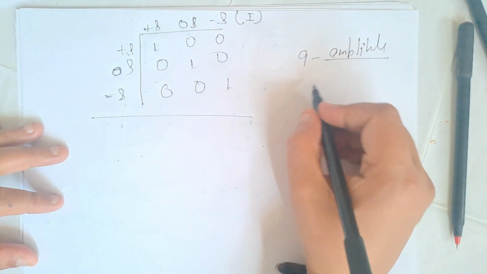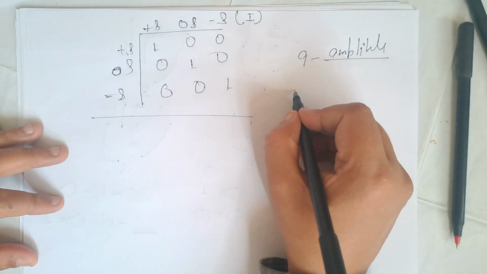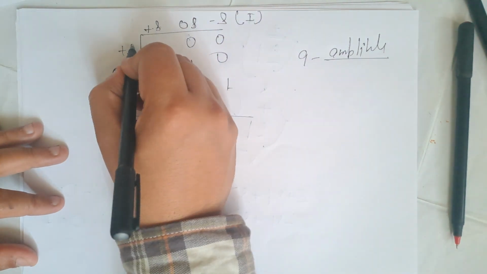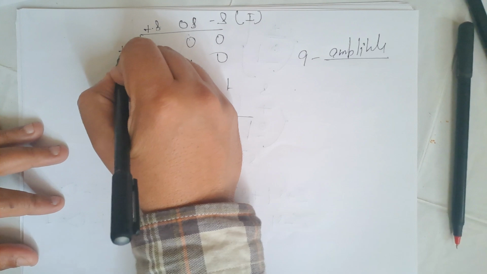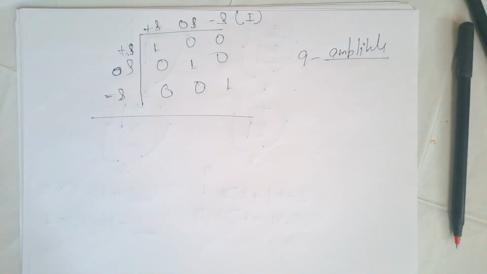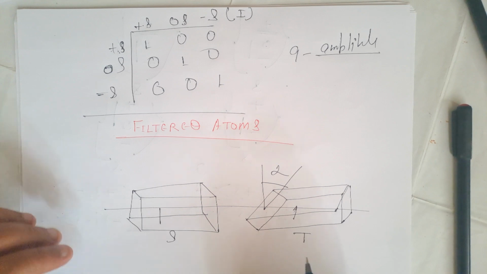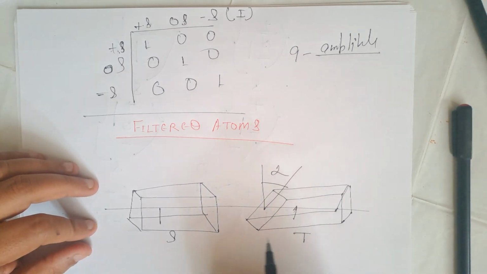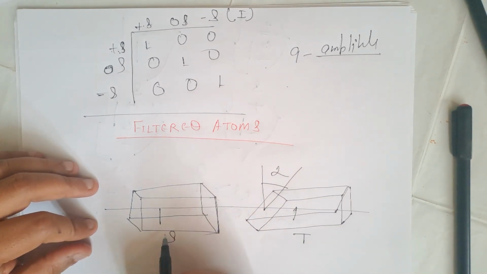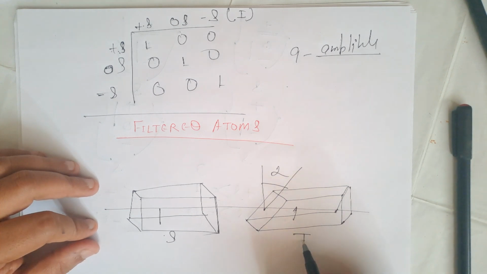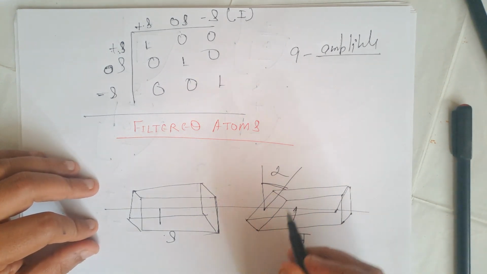for getting the atoms into the definite state. Now again, what we have done, instead of placing the second apparatus parallel to the first apparatus, we have tilted the second apparatus to the angle alpha. Now